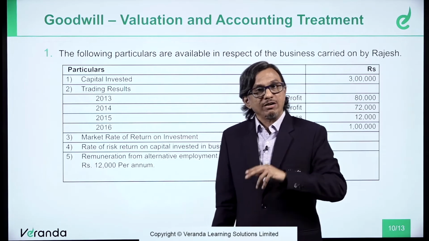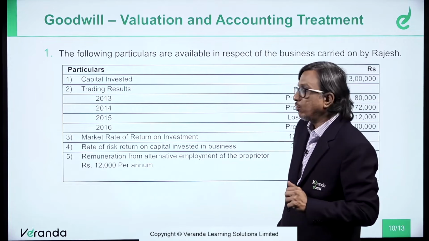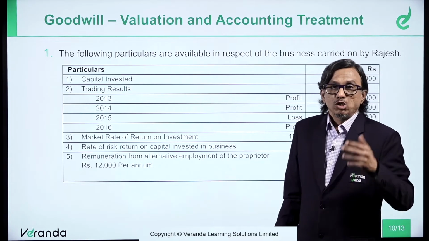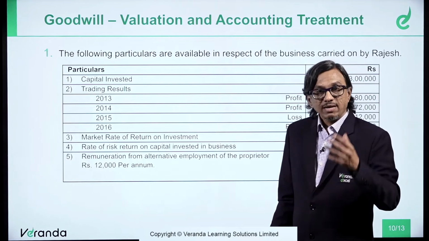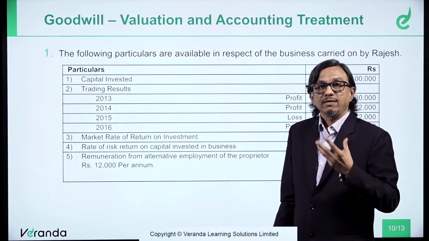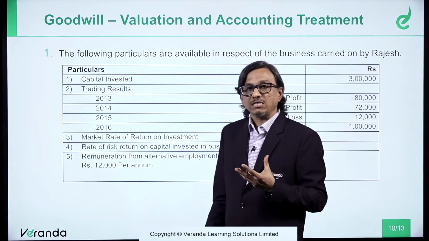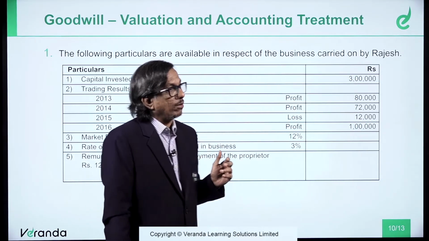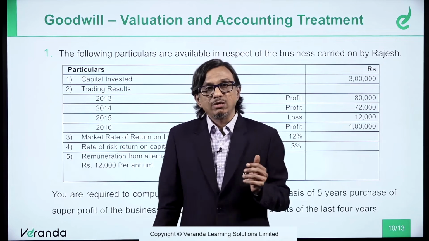You know there are different methods of determining the value of goodwill. Average profit method is there. Super profit method is there. Annuity method is there. Capitalization method is there. We have to see which method they ask in the question. We have to do that. You understand? Let us see in this problem what is the method they have asked you to determine the value